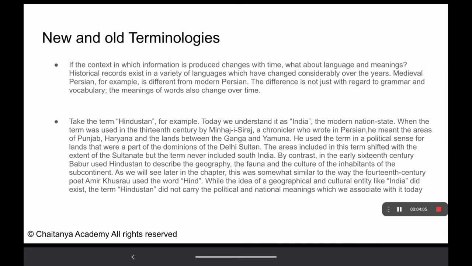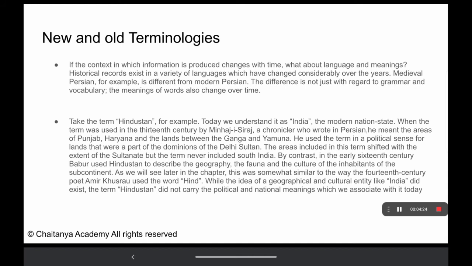He used the term in a political sense for lands that were a part of the dominions of the Delhi Sultan. The areas included in this term shifted with the extent of the Sultanate, but the term never included South